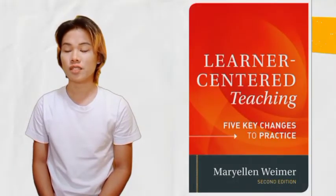Although strategies like student engagement, active learning, and other practices that involve students in their own learning are a necessary component of learner-centered teaching, these practices do not represent the entire philosophy of what it means to be a learner-centered teacher. Looking at the research literature surrounding learner-centered teaching in the past 20 years, a book published in 2002